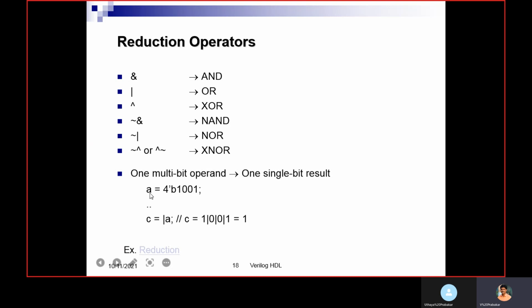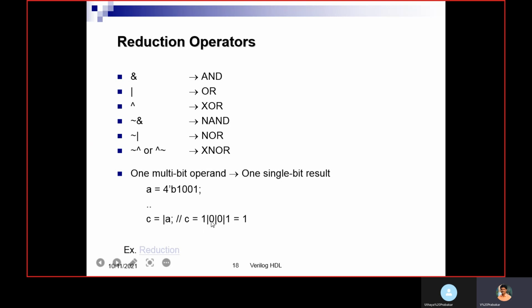So here, for example, A is a 4-bit binary value 1001. We need to mention the operator before the variable: C equal to OR A. What it will do is, A value is 1001.